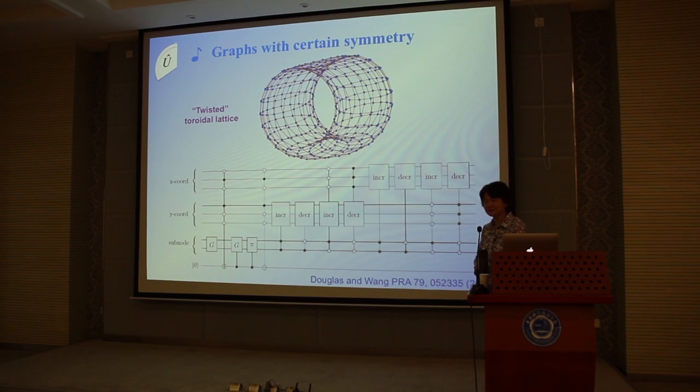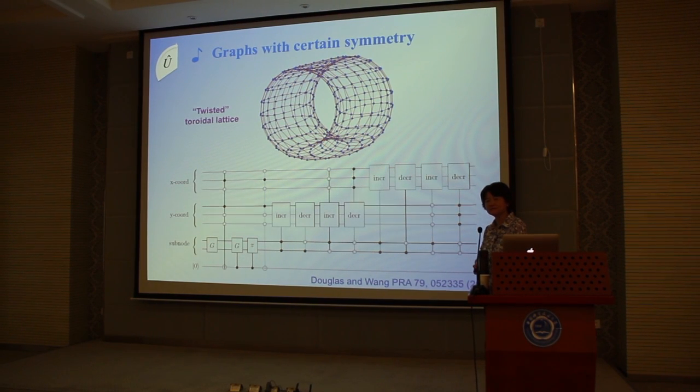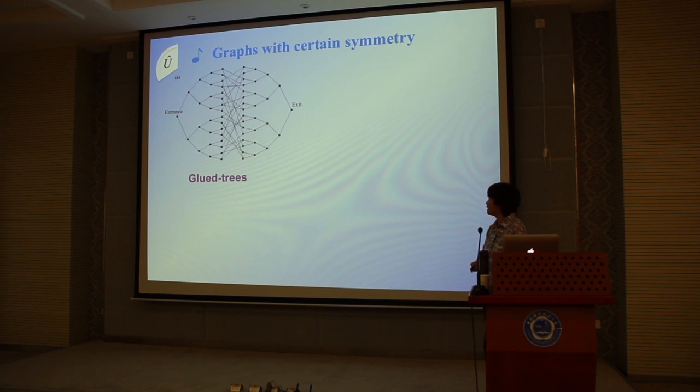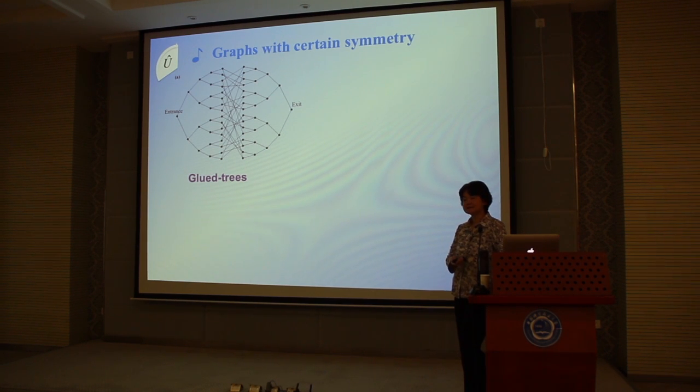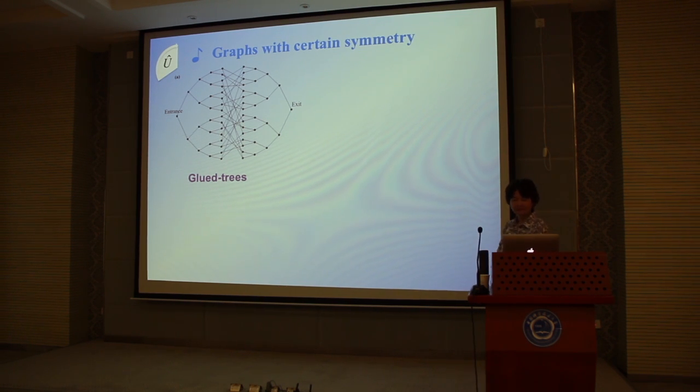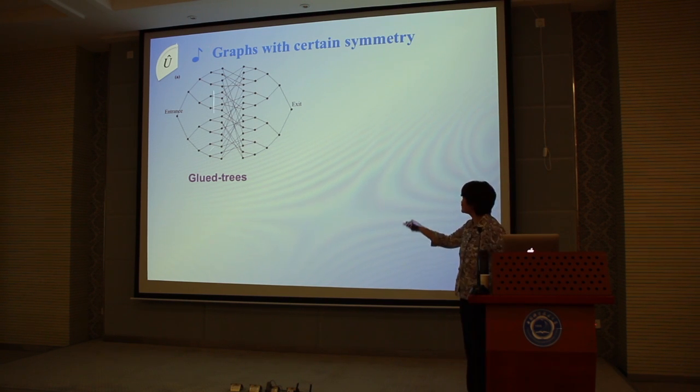And that's the circuit we obtain, which is still very much linear. So the structure is really, really important in the graph. Without that structure, the scaling is 4 to the power of n, which is a long circuit. As an example, this glued tree plays a very important role in quantum walk, but because of the complexity in that